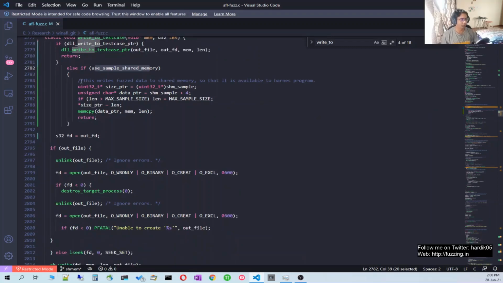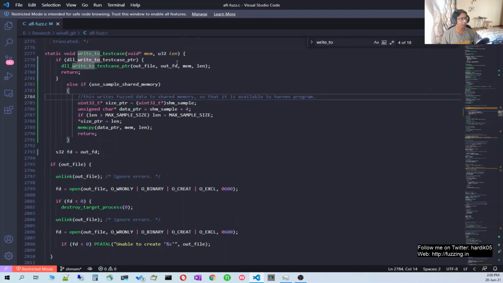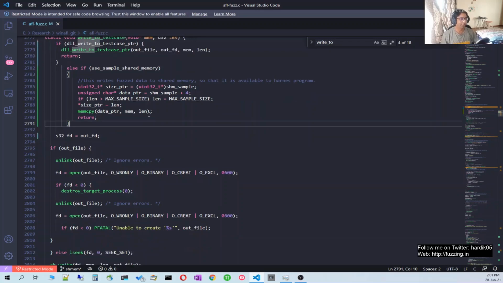If you notice the code over here, it's simply taking our shared memory handle and name, and it will simply take the length over here. It will set the length as the length of the data, as you can see, and it will simply copy the memory data to shared memory. So this is a simple logic. You will notice over here it is simply calling a memcpy. We already have the shared memory handle over here. It will simply copy all the data over here, and that's it.